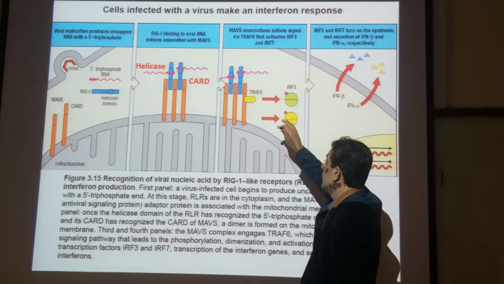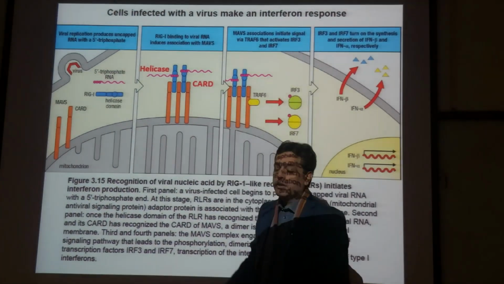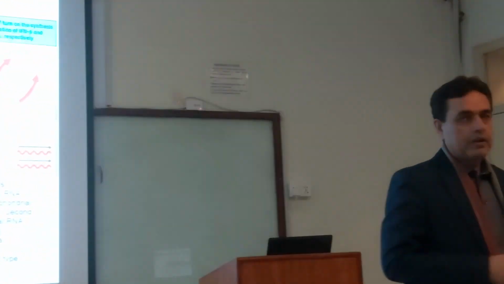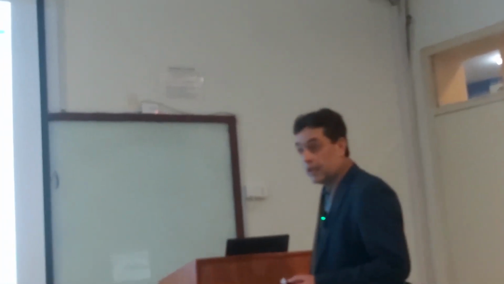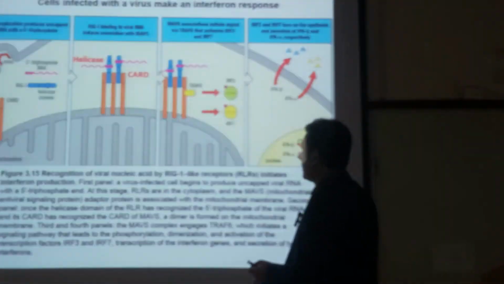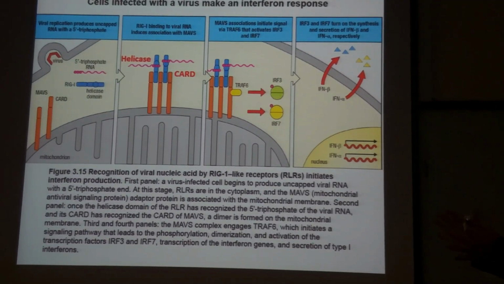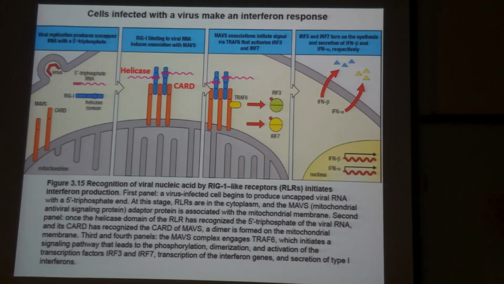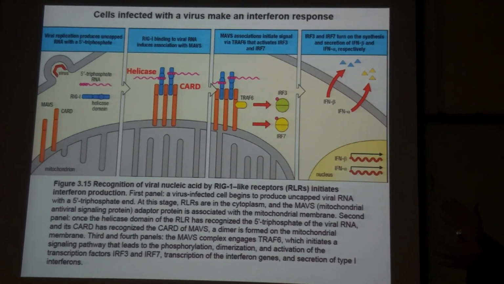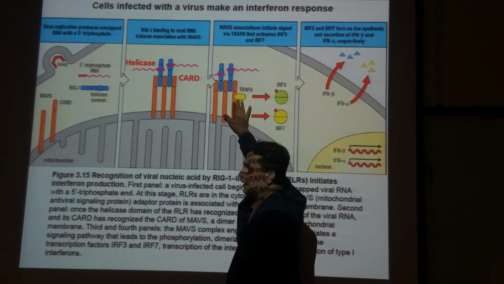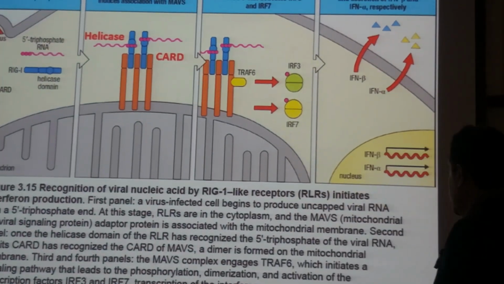So this is the start now. Now this is a perfect assembly that can send out signals. So this activation is going to activate other kinases that you have studied. Okay, for instance, you have studied IKK, or you have studied TBK, for instance, different kinds of kinases that would be activated when this assembly or this dimerization is made on the surface of mitochondria, finally leading to the activation of TRAF6. Okay, so TRAF6,